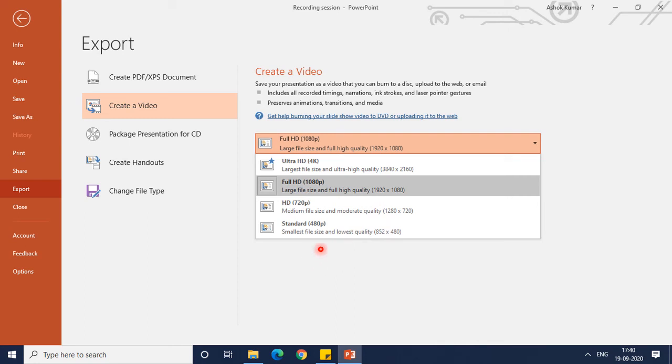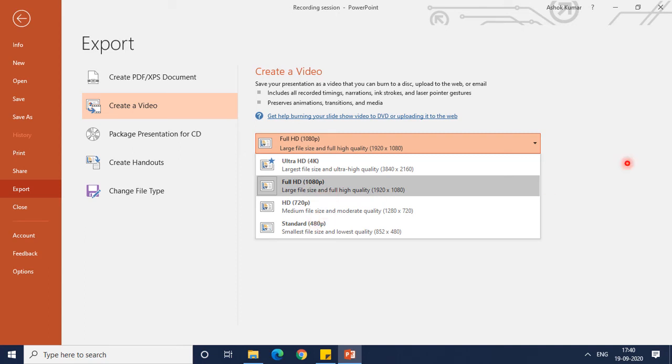If you select standard, your file size will be less. If you select HD, it will be more. Generally 720p is enough for PPTs to run on computers or on any kind of screen. But if you want a very good quality, then you can record in HD. It takes a longer time to record, and also the file size becomes more. So I record in 720p normally.